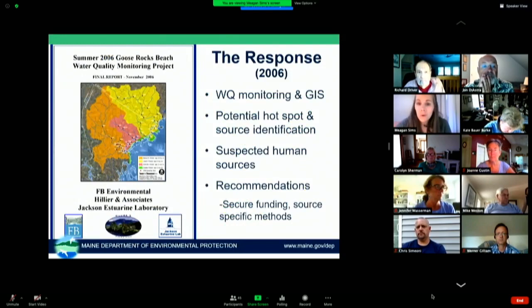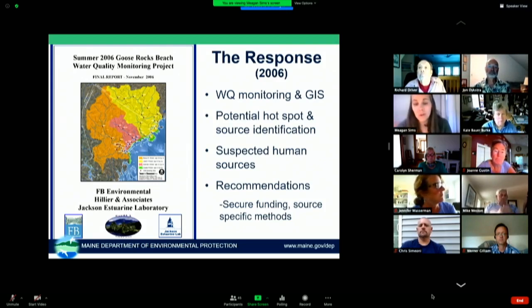Back when the town joined the program in 2004, there were a number of water quality issues, particularly at Goose Rocks Beach, which prompted a water quality effort similar to what we're doing now that the town supported, and Healthy Beaches was a part of that, but not the lead on that project. And so the response to those issues was